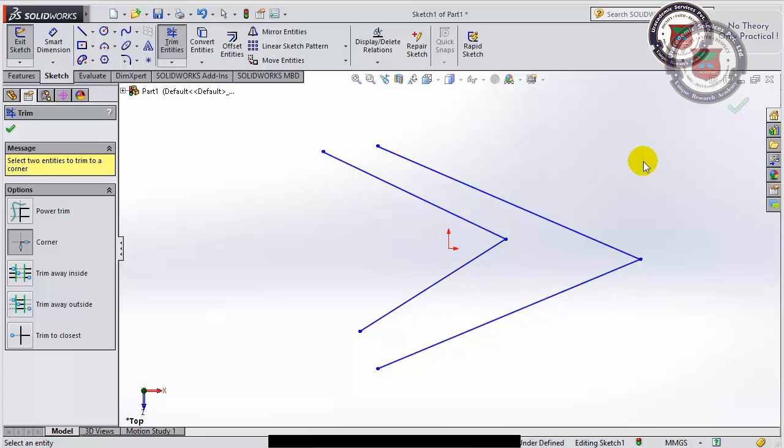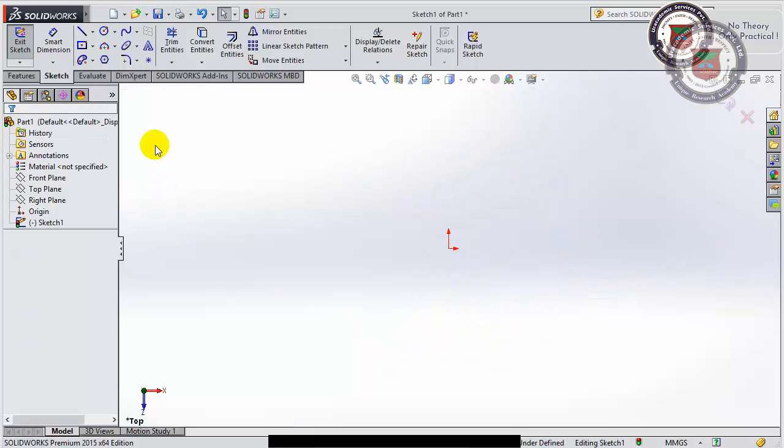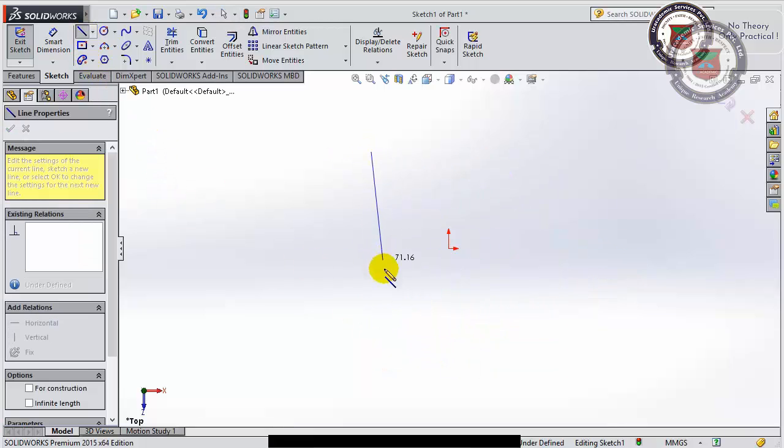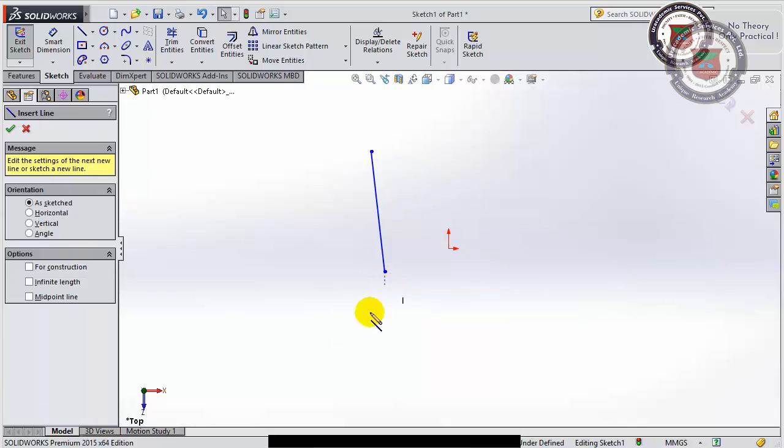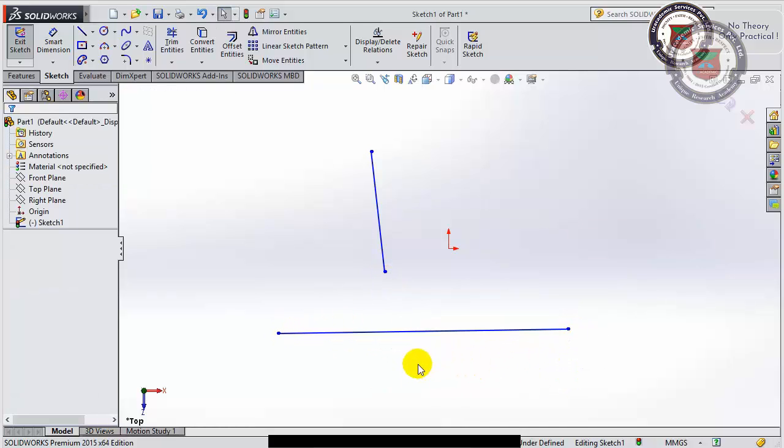One more thing I want to show you about this command. For example, this is a line. This is a second line. Now you can see there can be two ways to generate the corners with these two lines.